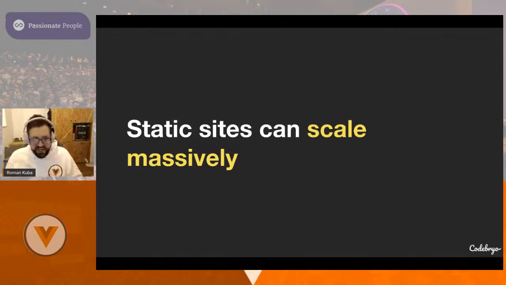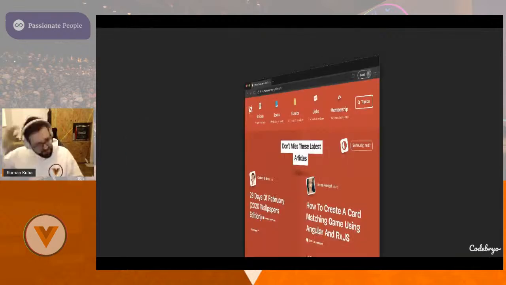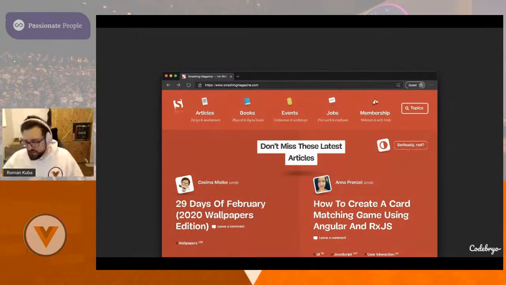Because the cool thing is they can scale very massively, very easily. And one of my favorite examples here is the Smashing Magazine page. If anyone is reading Smashing Magazine, they're running completely on what's called the Jamstack by now, as a full static page. They were one of the biggest WordPress pages back then, but by now everything is static, their shop is static and all these kinds of things. And they use a lot of serverless infrastructure behind it. As you know, they have a lot of readers, a lot of content, so these kinds of pages can be really big, and for them performance is a big key.